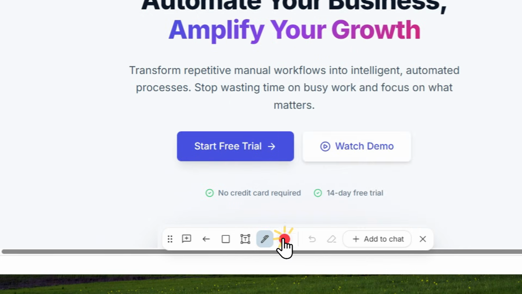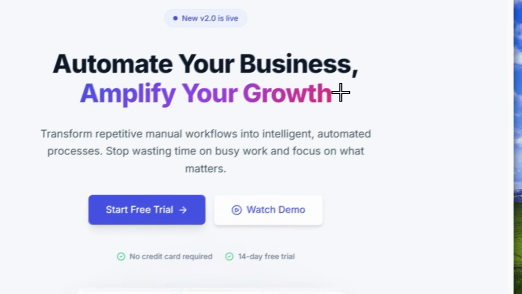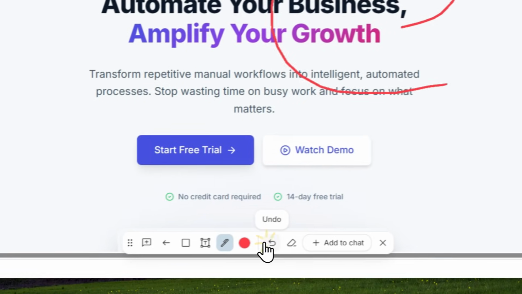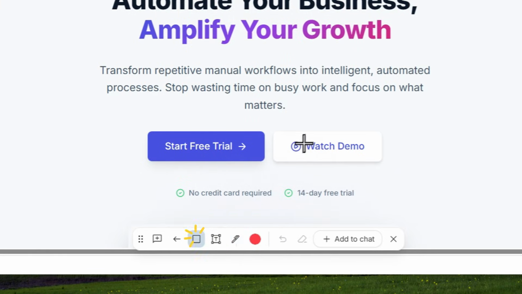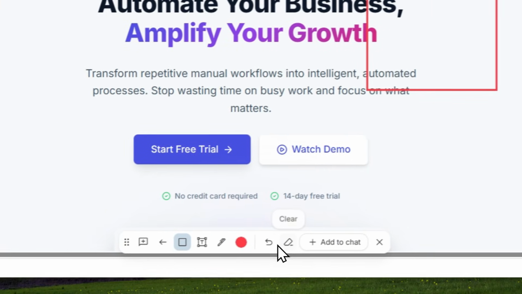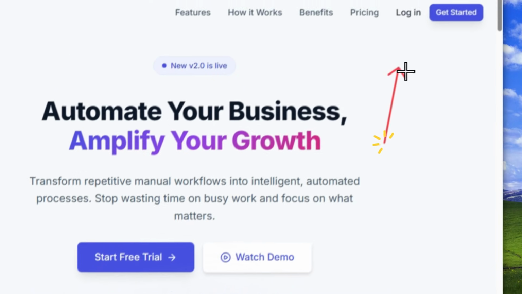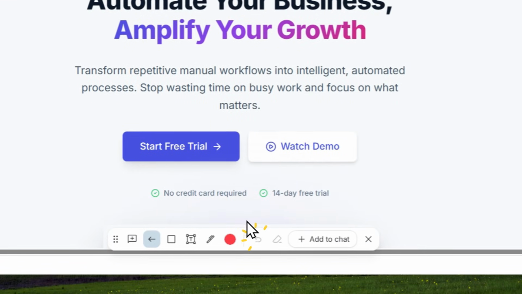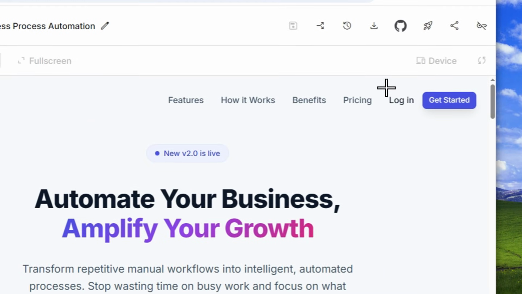You can select the color. You can select if you want to use the sketching tool like this, or you can also use this rectangle like that. You can also use the arrow if you want that. There you go. Okay, now let's say I want to add a rectangle, and then I'm going to select this